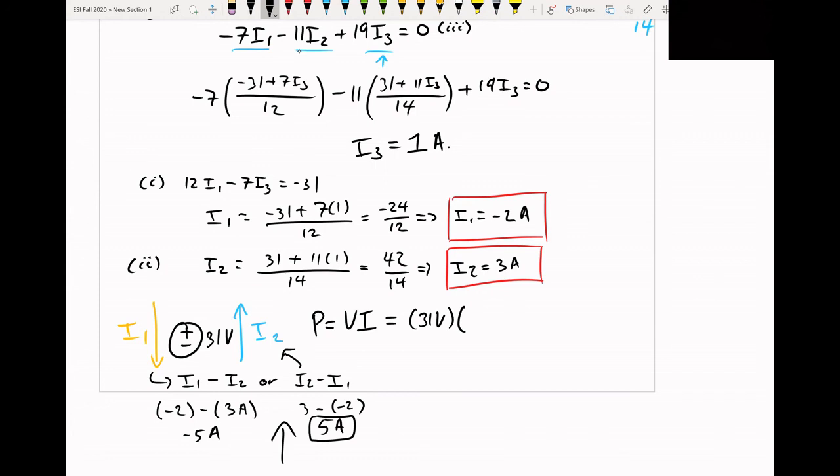So 31 volts times negative 5 amps gives us a value of negative 155 watts. Therefore, power is equal to negative 155 watts, which is supplying